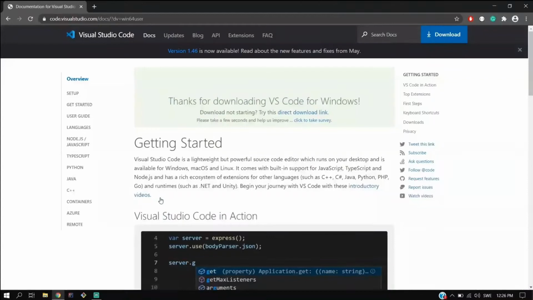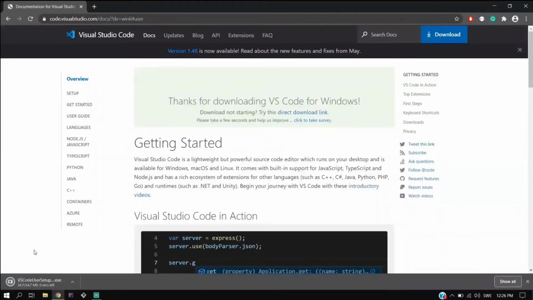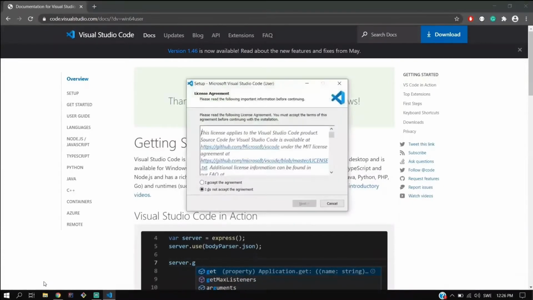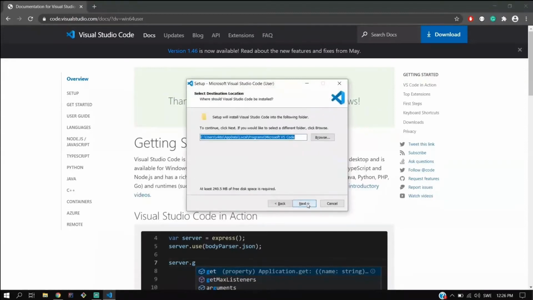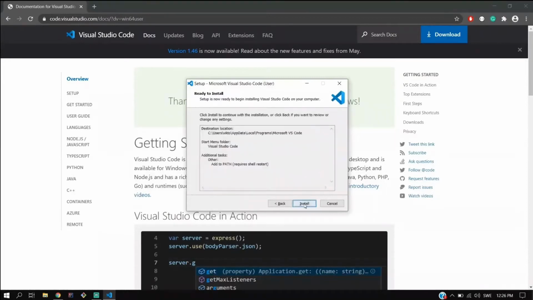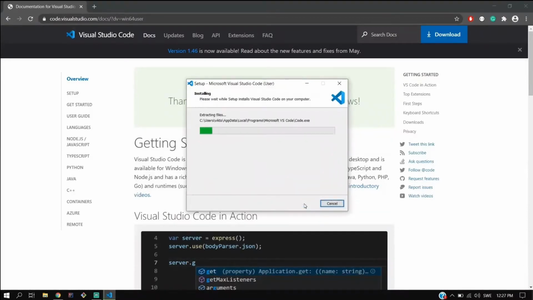It will download the VS Code .exe file for you. After the successful download, you can double click on that file. It will open this small window for you. You just need to accept the agreement. Click on next. Do not check any checkbox. Just hit next. Hit install. It will install Visual Studio Code for you in proper format after extracting the whole file in your C drive. In the next section, we are going to see some of the basic introduction about VS Code. So let's complete this installation first. Meet you in the next section.